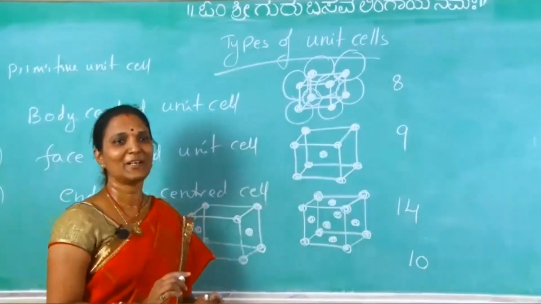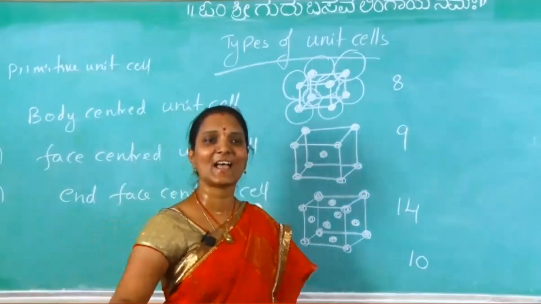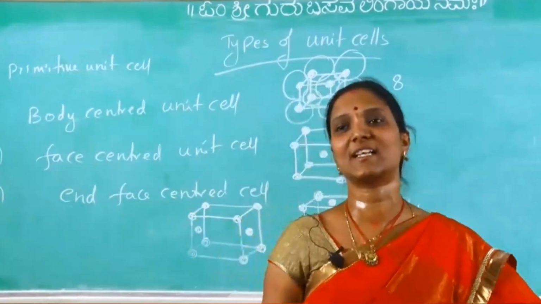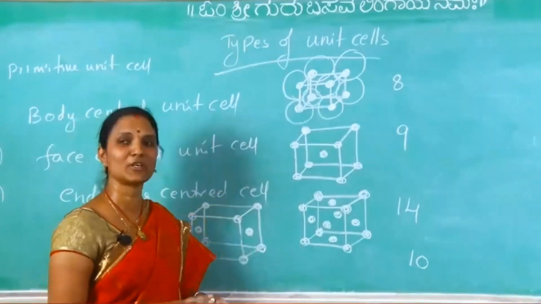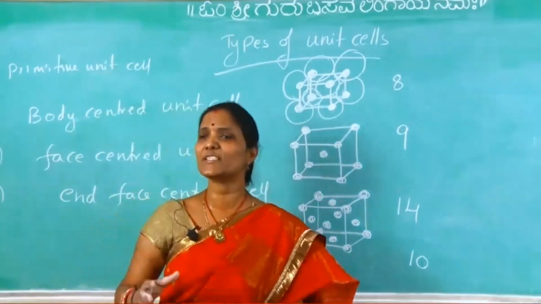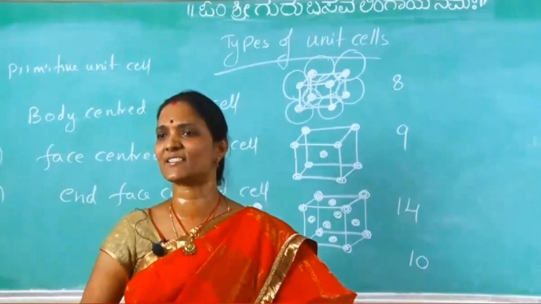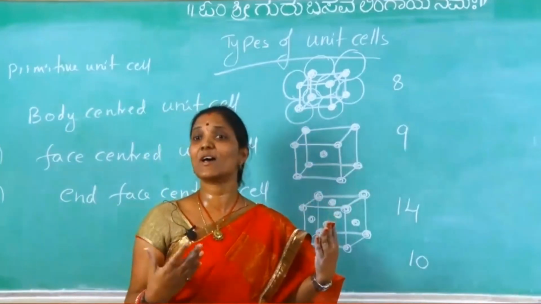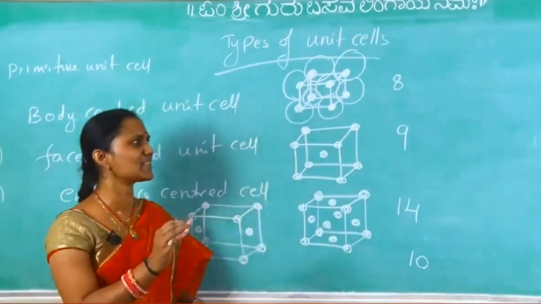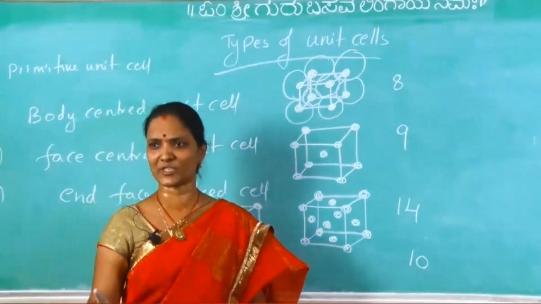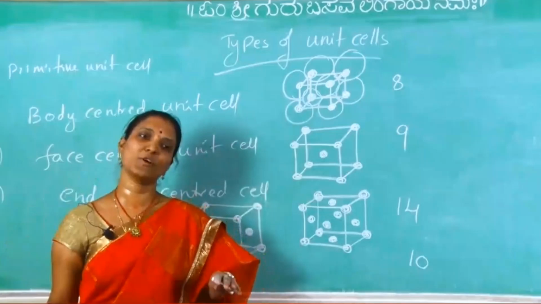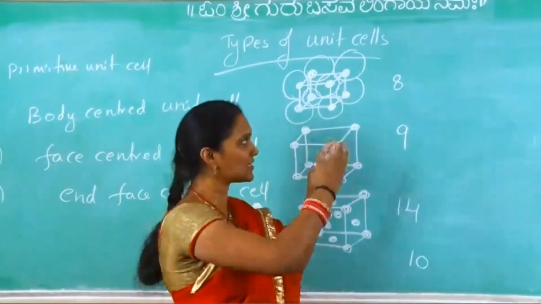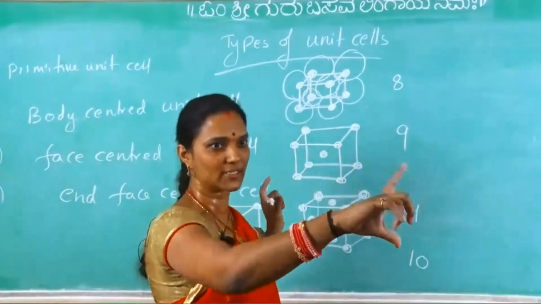Correct only, no? Now, which unit cell has the most lattice points? That is the question. The answer is FCC. FCC has the most lattice points. Which unit cell has the least number of lattice points? Primitive, the simple unit cell has the least number of lattice points. This is the next question: the highest number of lattice points and the least number of lattice points. This I have given in the next column of that horizontal table.